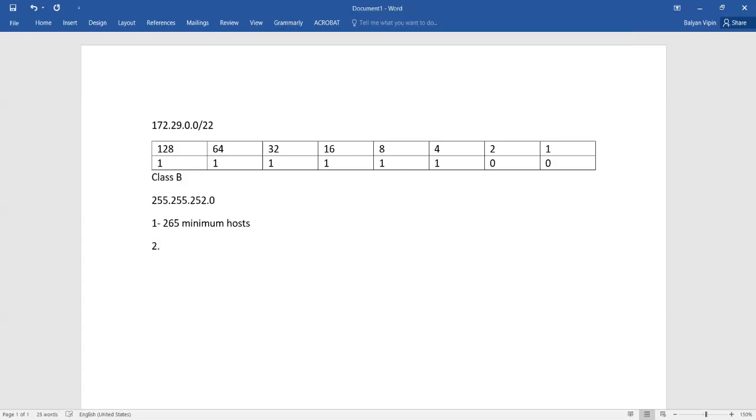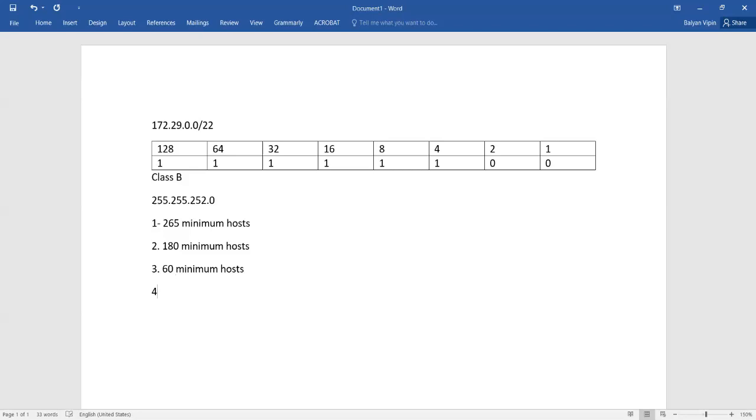The second one requires 180 minimum hosts. And the third one requires 60 minimum hosts.